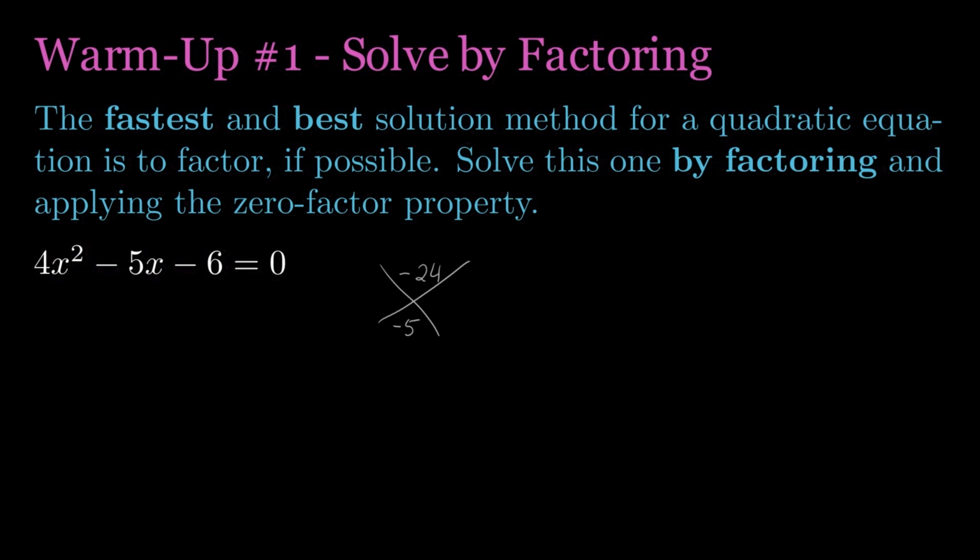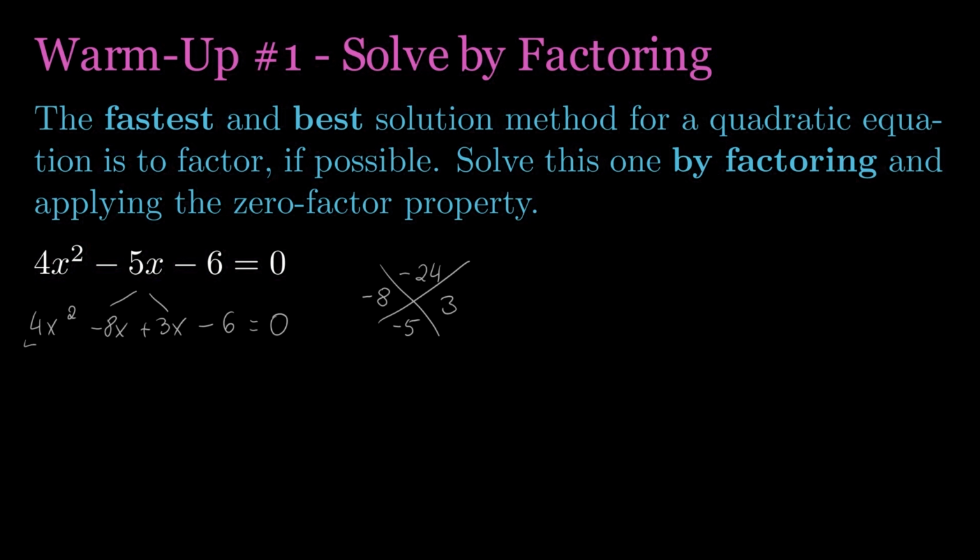So the larger in magnitude should be negative. And those two numbers are -8 and 3. So we split the middle term, -5x, into -8x and +3x. Rewriting the rest, so we still have 4x squared, we still have -6 equals 0, and we factor by grouping